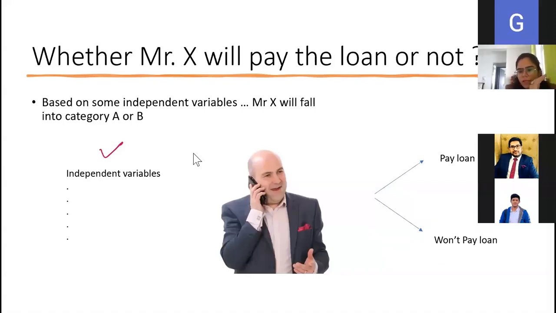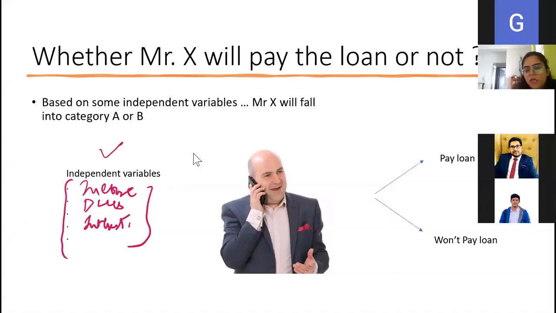What are the variables that can tell whether this person will pay the loan or not? Income, maybe. Historical records, yes, but what variable exactly? His dues, whether in the past he had paid all his dues, maybe credit rating. Interest payment, yes. So there are a host of variables based on which we can predict whether a person will pay the loan or not.